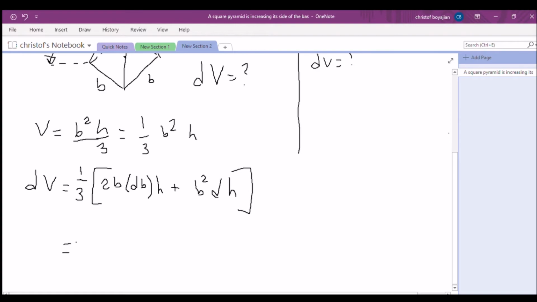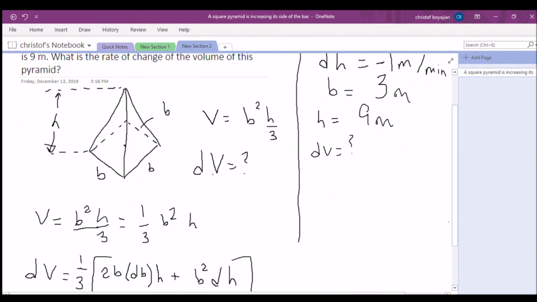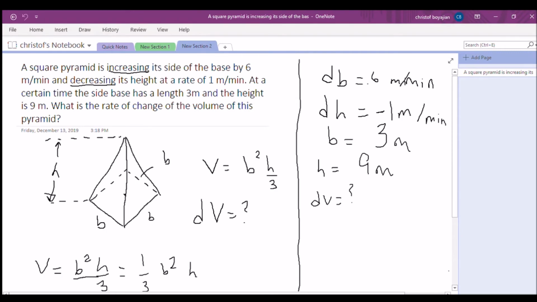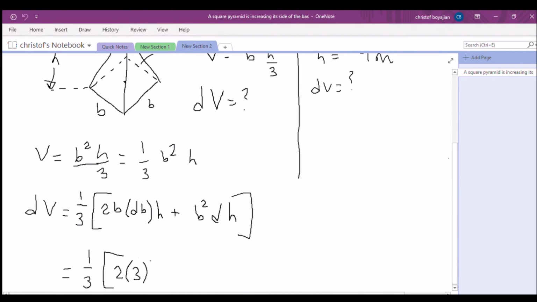So over here, we're going to have 1/3 times, okay, it's going to be 2 times our base. So our base, in this case, is going to be 3 meters times the dB. So dB we said to be 6 meters times our height, which is 9 meters,